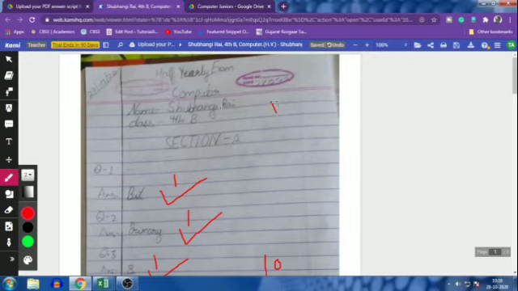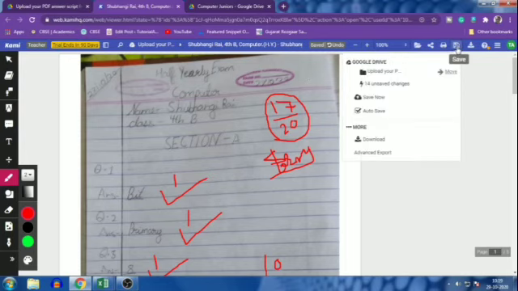I am just writing over here 17. Here the mouse grip should be proper, so you can write in a proper manner. Let me put my signature. So that's all. In this manner you can save your file. When you complete, it is automatically saved. But if it is not saving, there is this icon here. Click on the save now button. When you click on this, the file will be saved automatically in your drive.